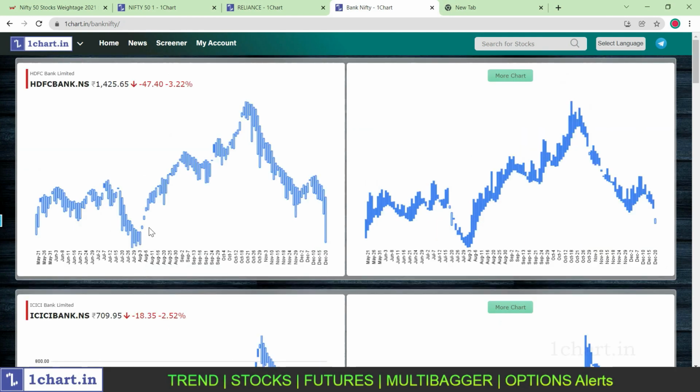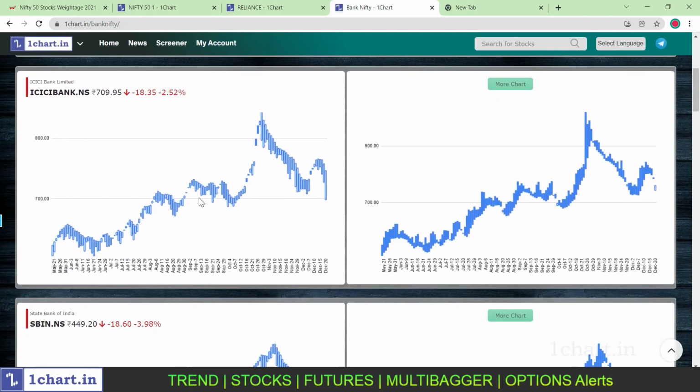And look here, August month. August month all are gap up formation. Here, note this place. August month. August, September, October. This month, after consolidation, breakout happened. Some flag pattern. After that, gap up formation. So this happened in Bank Nifty. So we can buy Bank Nifty futures or buy call option. First we check August month for the 12 stocks. Here the gap dot formation is in up direction.